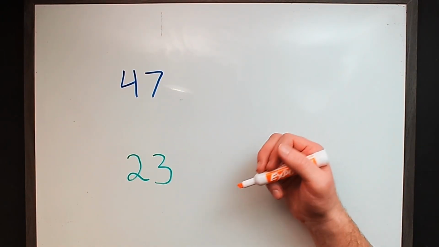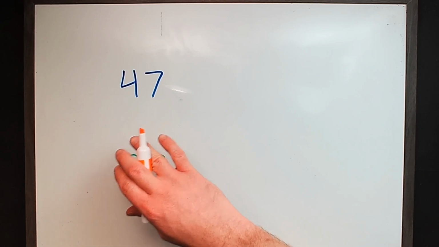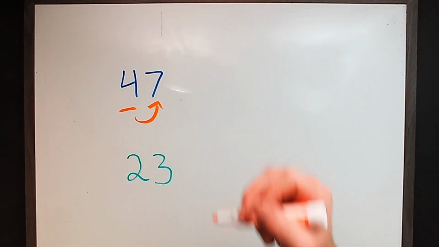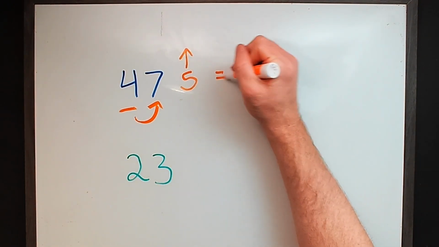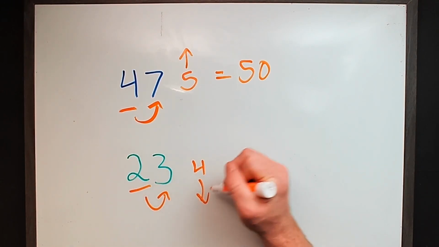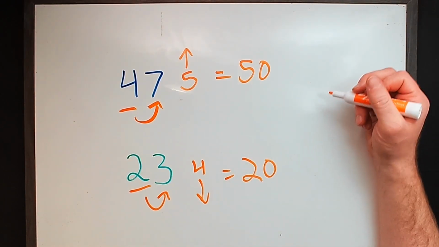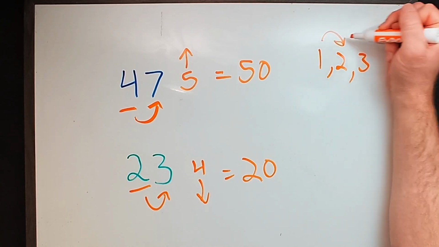Comparison is a highly valuable skill in math and will come up time and time again. When rounding numbers to the nearest place, there was a comparison between the next place value and the number 5. 5 or more caused a round up. 4 or less caused a round down. That's a comparison. It also makes sense when you're counting 1, 2, 3 that each number is greater than the